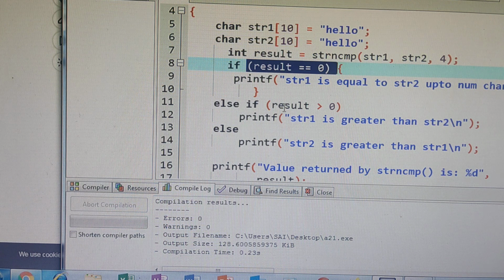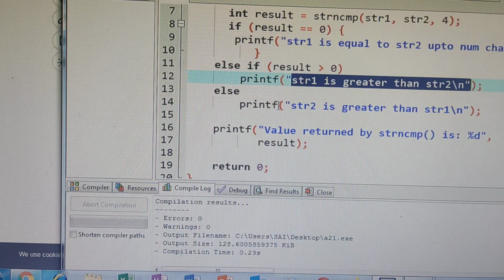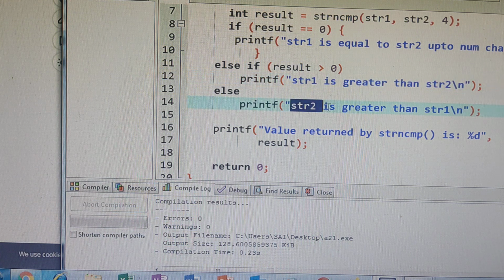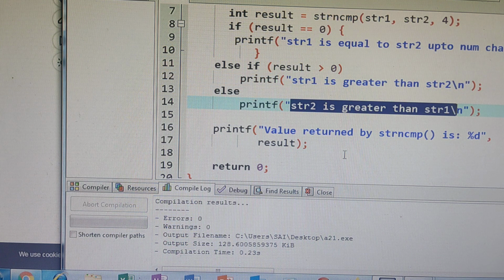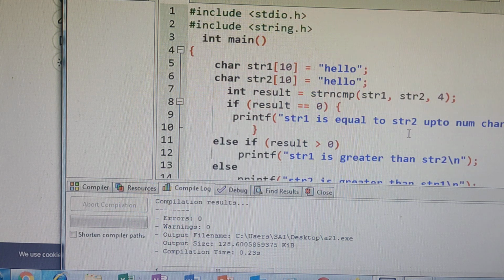Now if the result is greater than 0, what does it mean? String 1 is greater than string 2. Else if the result is less than 0, what does it mean? String 2 is greater than string 1. Okay, understood? So here I am printing this value, right? Now this is your string comparison function.